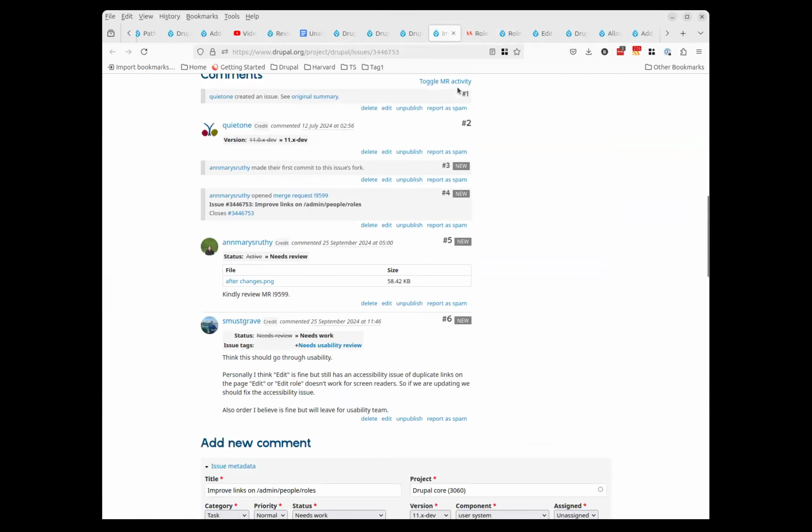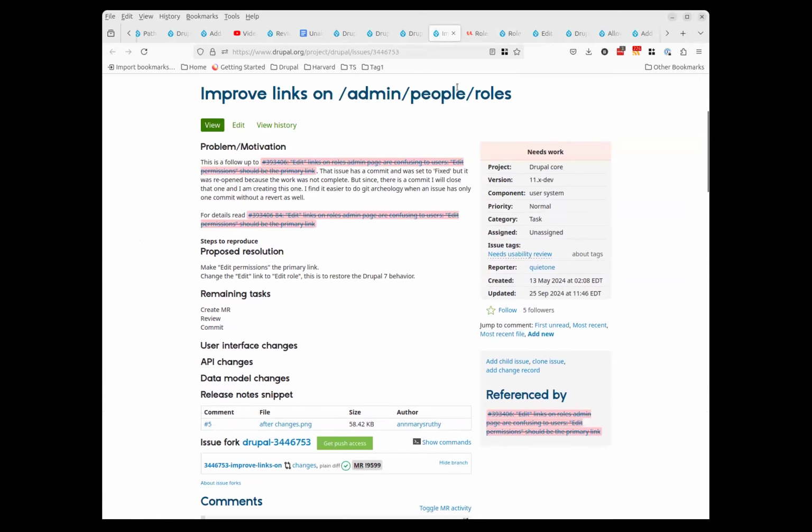I guess edit role has the advantage of consistency with Drupal 7, although with Drupal 7 in its dying days, I don't know that that's a strong argument for making the change.